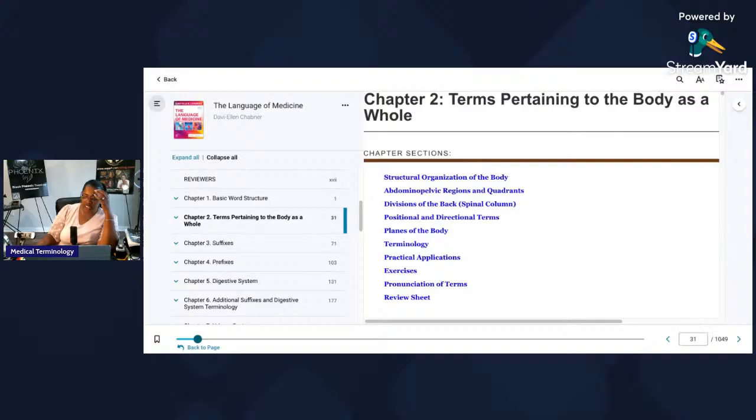Do not forget to go to sapphirephysiciancoding.com, and that gives you an idea of what you're doing. You are doing medical terminology right now. When you finish with medical terminology, we are going into the coding.